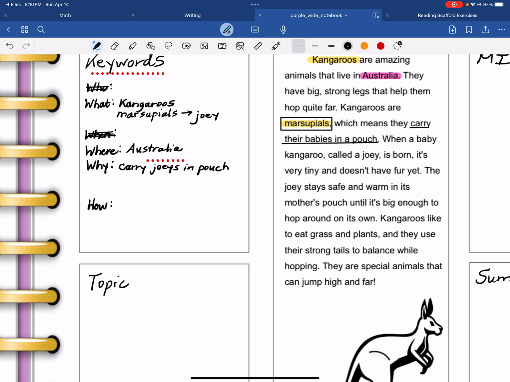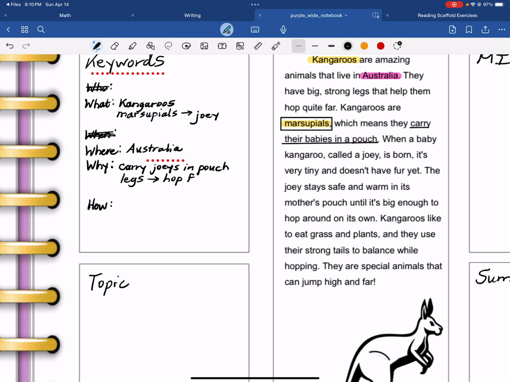And notice it says mother's pouch. That leads me to conclude that the father kangaroos do not have pouches. There's another why in this passage. There are actually two of them. Why do they have big, strong legs? What is it that the big, strong legs do for the kangaroos? Their legs allow them to hop